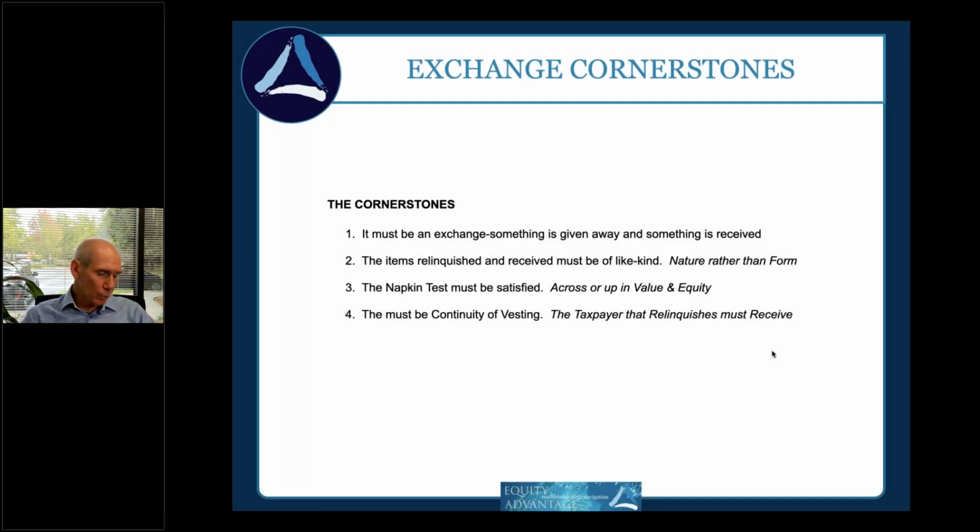So for basics, we're going to establish some base knowledge on this before we hit the reverse stuff. One, it's got to be an exchange. Something's given away, something's received. A reverse exchange, you're just buying something first to replace something yet to be sold, and the exchange is going to happen at a different point, whether we're doing a warehouse replacement or warehouse relinquished. But something's given away, something's received.